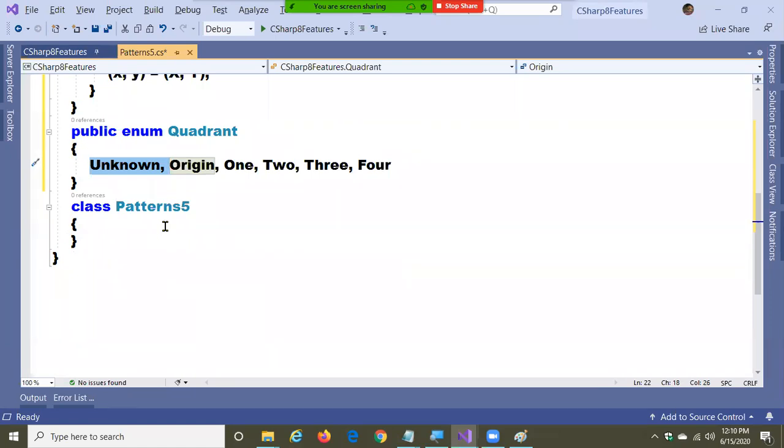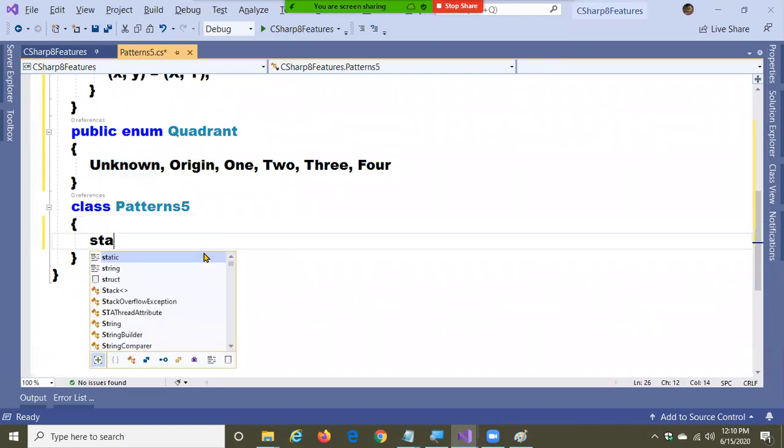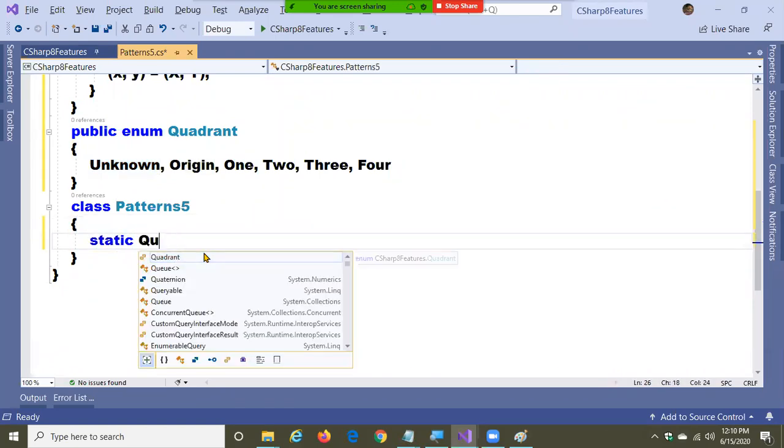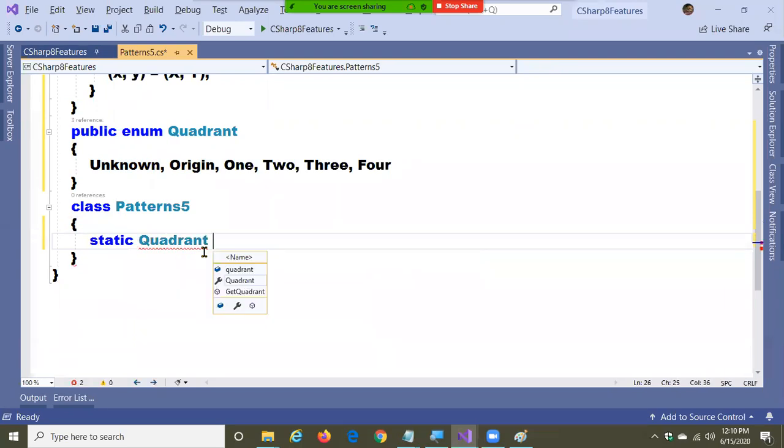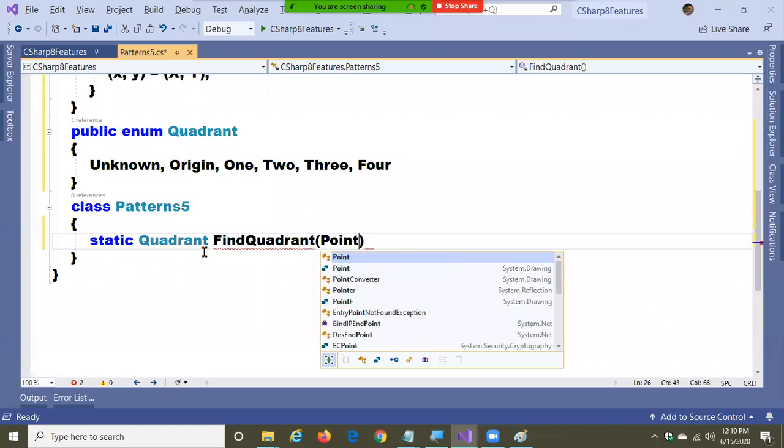Now watch it. When I'm going to use this, I'm writing a method in this class. It is static, and the return type is Quadrant: FindQuadrant, with a parameter Point.